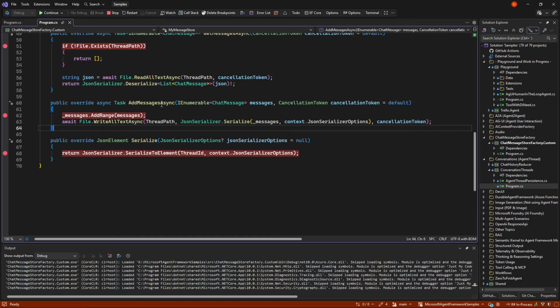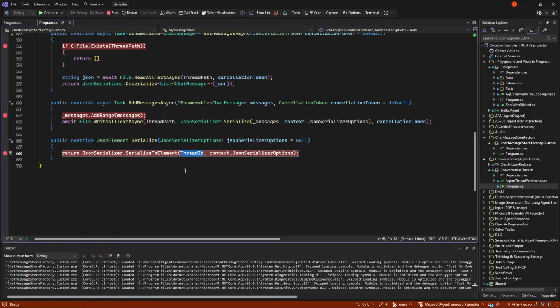So we just need to simply add the messages and write all the messages down into the thread path in here. And then we need to do a simple serialization, and we do that on the thread ID because that's the only thing we need, because the rest will just be stored in the database or the file in this case, and referenced by this.